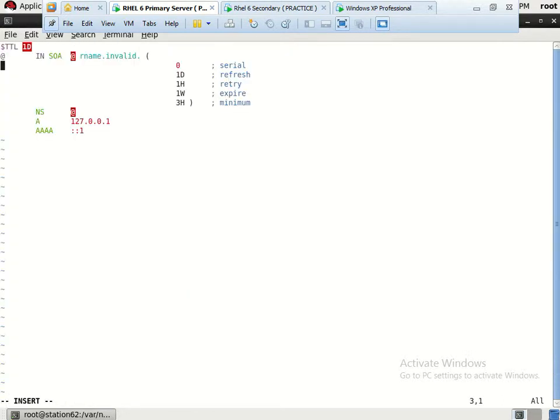In this section we are going to configure our records. Let us proceed further. In this area you have to mention the name of the primary server, meaning the host name of the primary server, here station62.example.com.